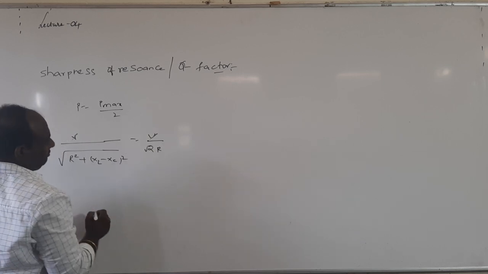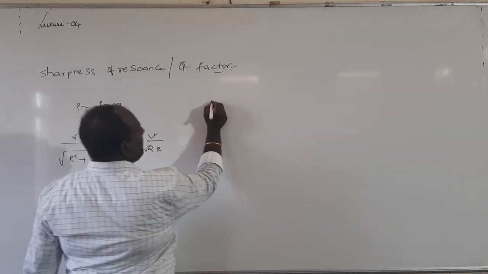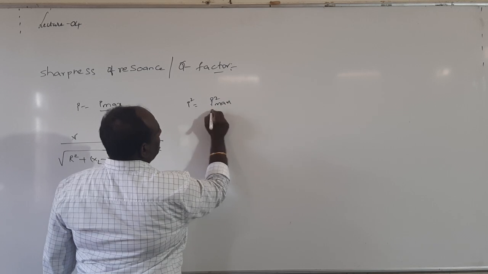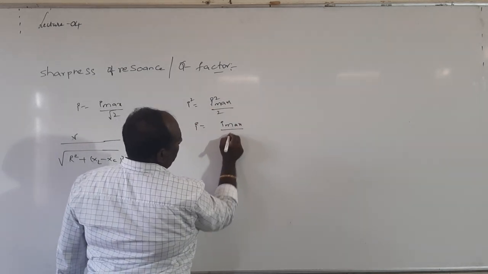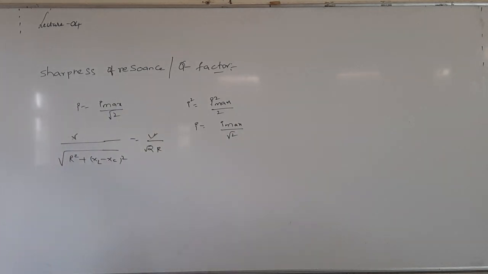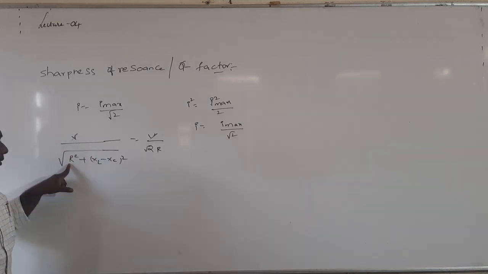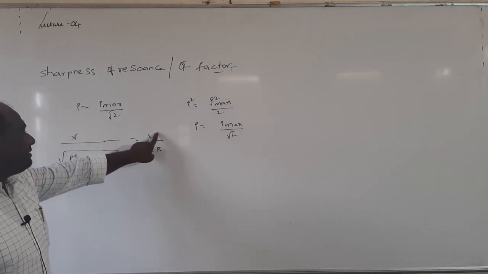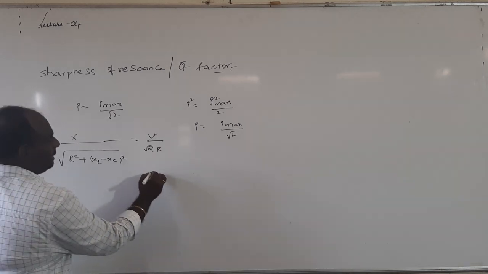Doing cross multiplication and squaring on both sides, what are we getting? We are getting the relation I square is equal to I max, so I is equal to I max by root 2. Then here the I value is V by root over R square plus XL minus XC whole square, and the I max value is V by R. So substitute these two values, then do the cross multiplication and squaring on both sides.